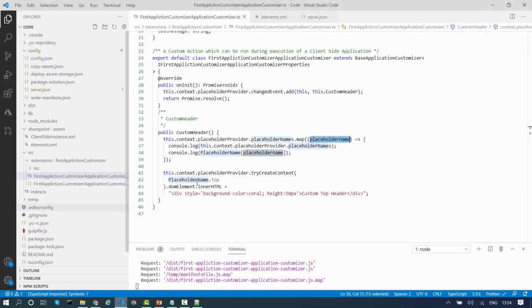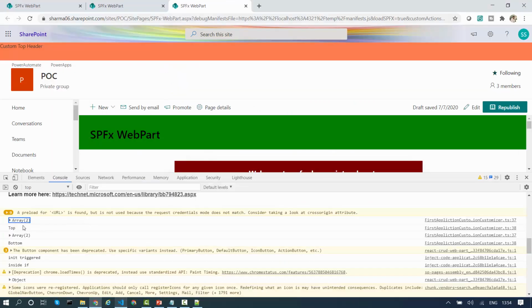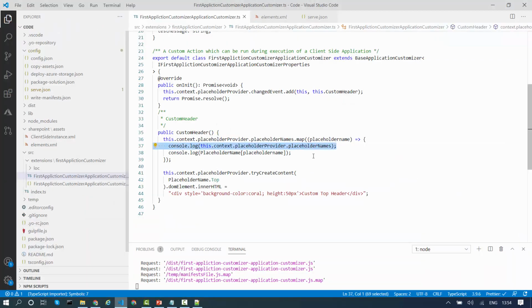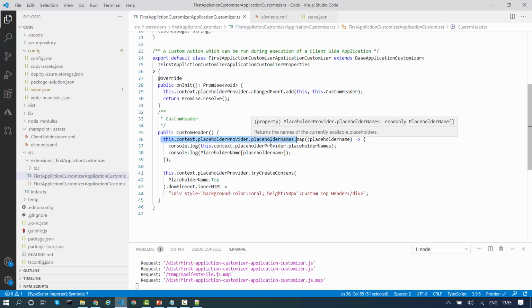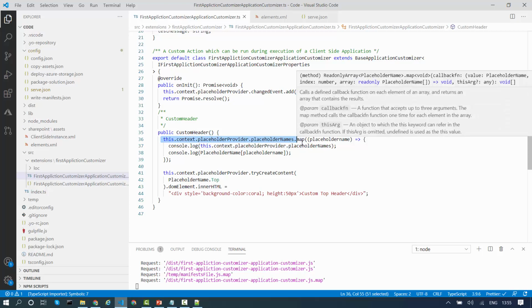This is the first logging, which shows that we have an array with two values, a length of 2, from this.context.placeholderNames. I use the map method to get the value inside it.